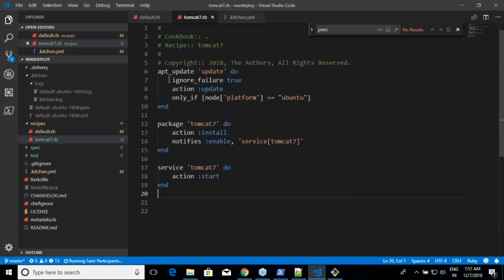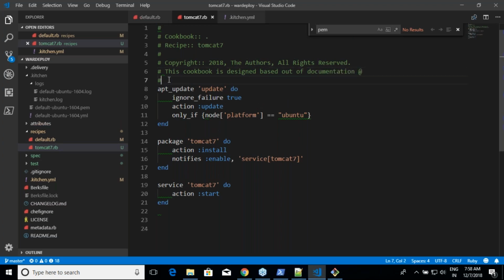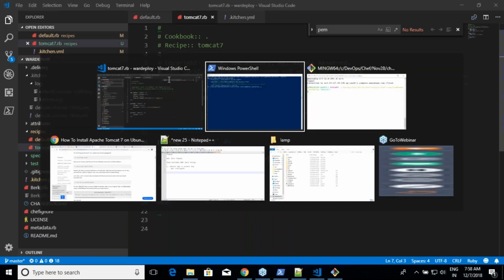Okay, and whenever you are doing this activity, you can write that this cookbook is designed based on the documentation at this page, so we know where we are designing this from.